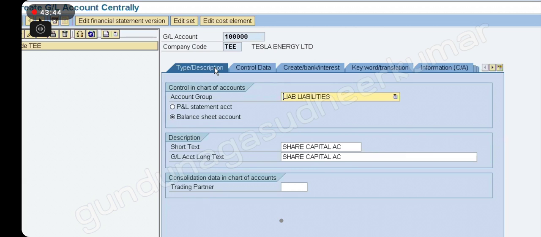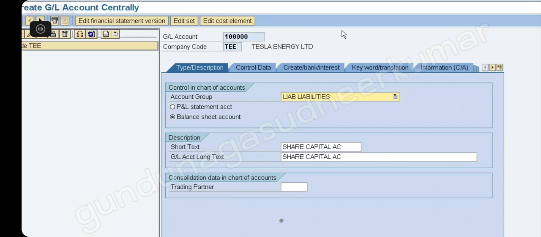The code does not exist. The company code? Yeah, the company code does not exist. So your code has not been created or what? But I created, sir. I checked, but it's saying the GL account code does not exist. So you have to click on create, right? Create first. If you have not clicked on create, it will show you like this. Click on the create option. Okay. Yeah, I created, sir.